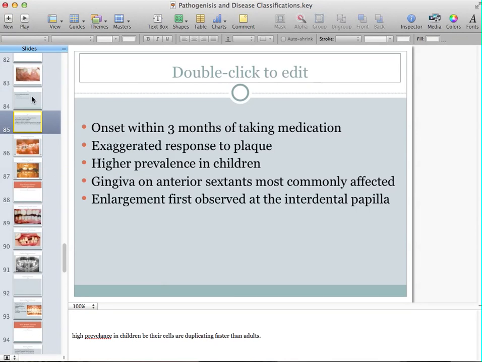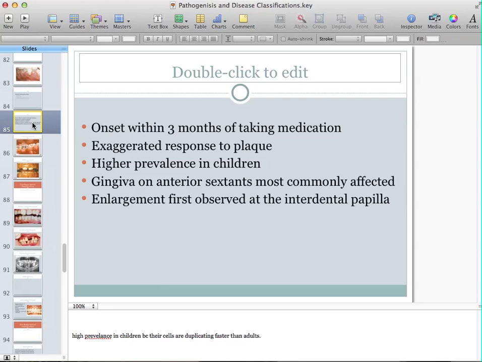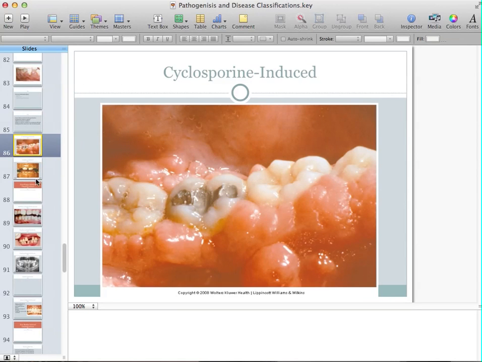So, let's see here. For people who are taking medication that affect the way we accumulate biofilm in our gingiva, it can happen from individuals taking phenytoin, cyclosporin, and calcium channel blockers. Those all cause gingival enlargement. Onset is usually 3 months of taking medication. Basically, your gingiva has an exaggerated response to plaque. It's higher seen in children, and it's usually gingiva on the anterior sextants that are most commonly affected. So there is cyclosporin induced,